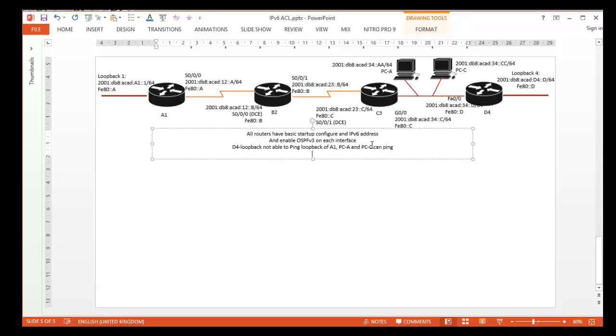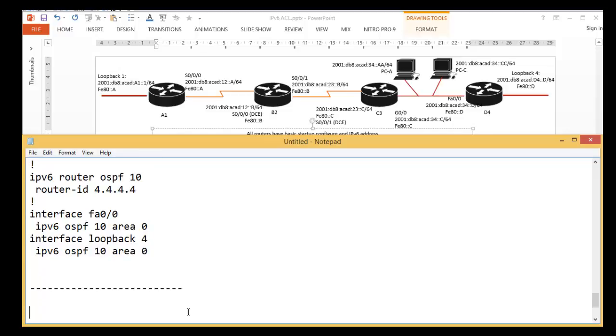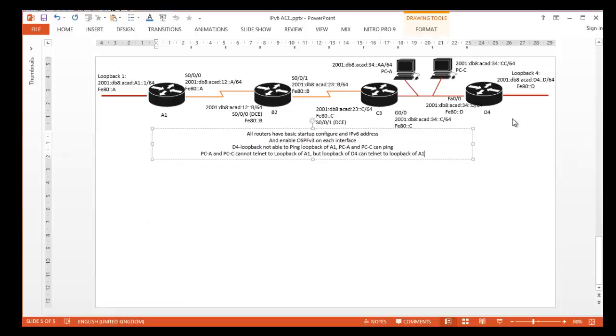PCA and PCC, what we're saying next, PCA and PCC cannot telnet to loopback of A1, but loopback of D4 can telnet to loopback of A1. So for example, we're gonna put this, because if you remember, the access lists on IPv6